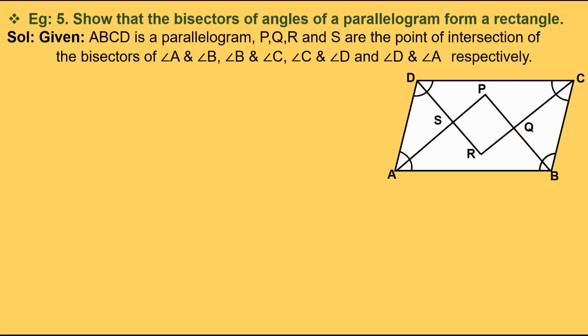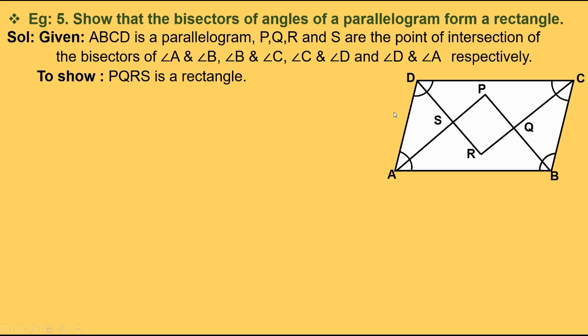The solution: given ABCD is a parallelogram, P, Q, R and S are the points of intersection of the bisectors of angle A and angle B, angle B and angle C, angle C and angle D, and angle D and angle A respectively. We need to show that PQRS is a rectangle. Solution: